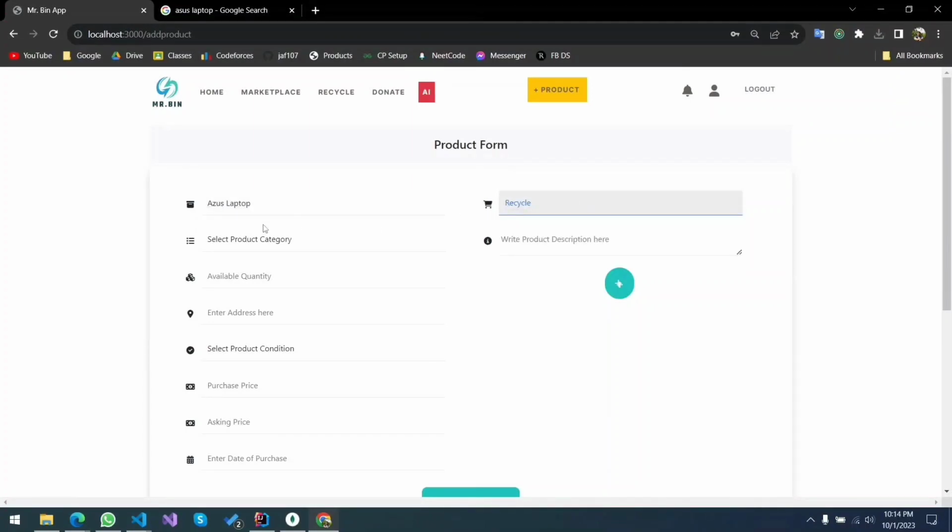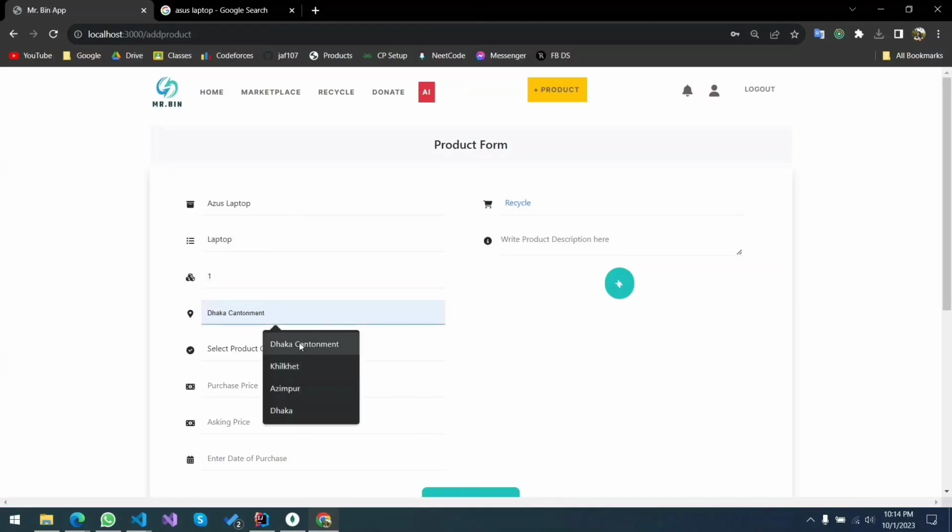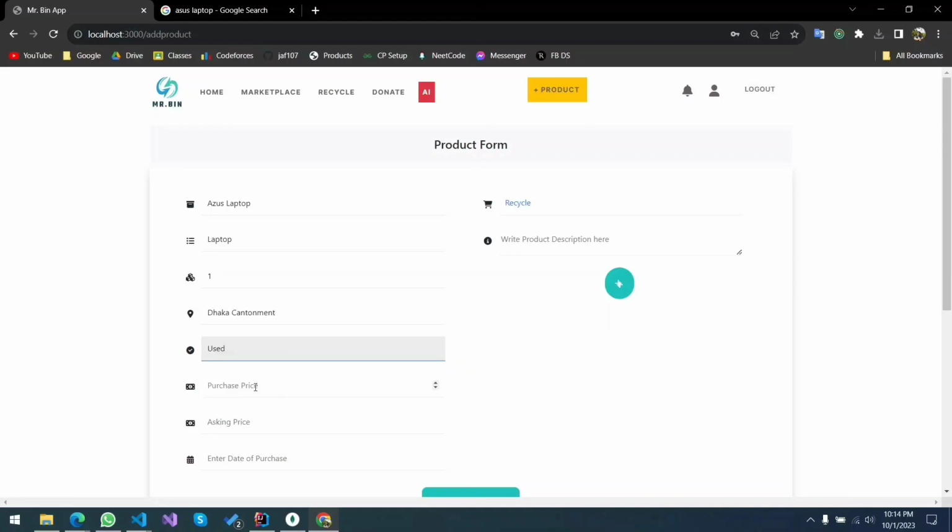Since I'm using it in recycle, I need all the things over here: the company, the year, the purchase price, the asking price, 50,000. What else did we leave?